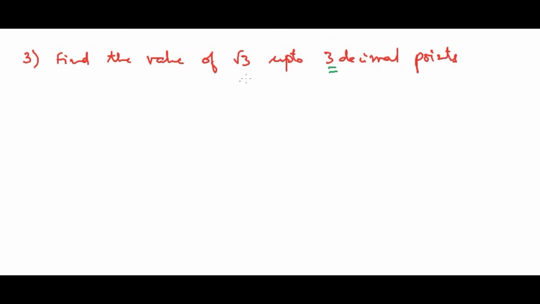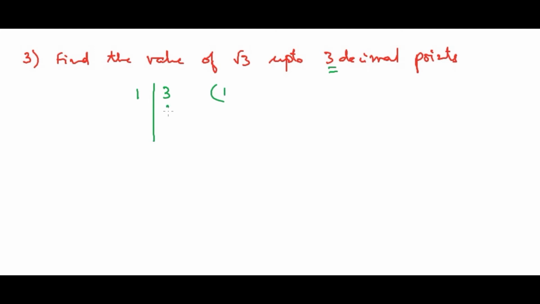Yes, let us see one more problem based on the same technique. Here we need to find the square root of 3 up to 3 decimals. So let us see with the same procedure. So 3, yeah. If I put 1 here, I need to put 1 here. If I put 2 here, I need to put 2 here. So 2 2s are 4, so it won't go. So I need to put 1 only.